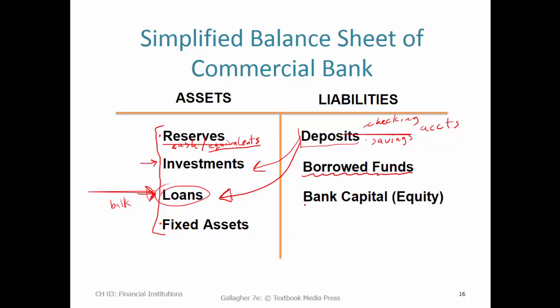And then, of course, the remainder is known as capital in the banking world. What we call net worth or equity in other contexts is known as the capital in banking. And if you've paid much attention to the financial crisis, which happened about 9 years ago, one of the issues with that was that banks were not holding enough capital.